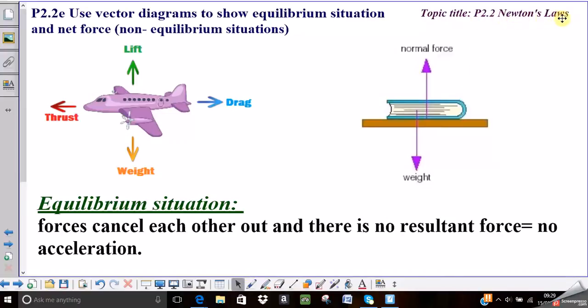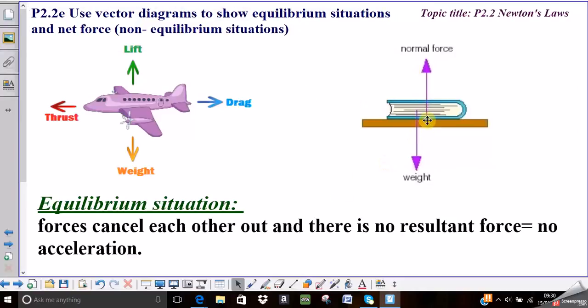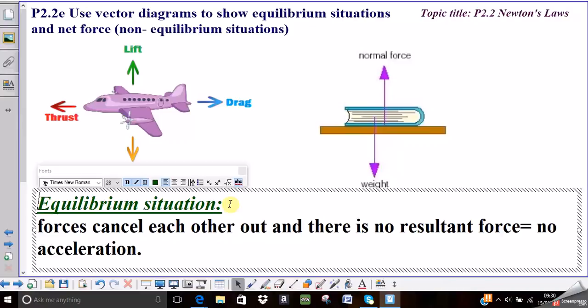Physics, Newton's laws, P22E: use vector diagrams to show equilibrium situations and net force non-equilibrium situations. Now I'm getting back to the pictures from Newton's first law. Equilibrium situation or situations